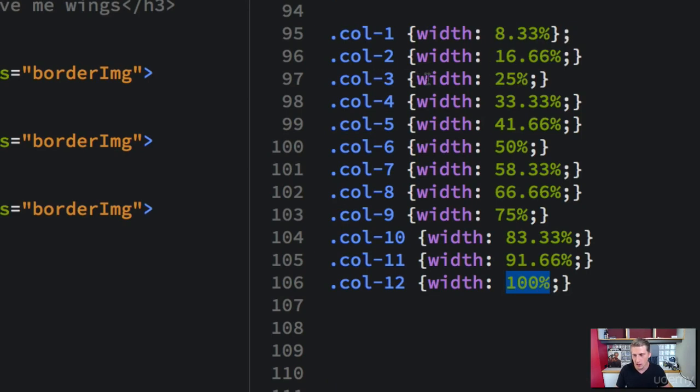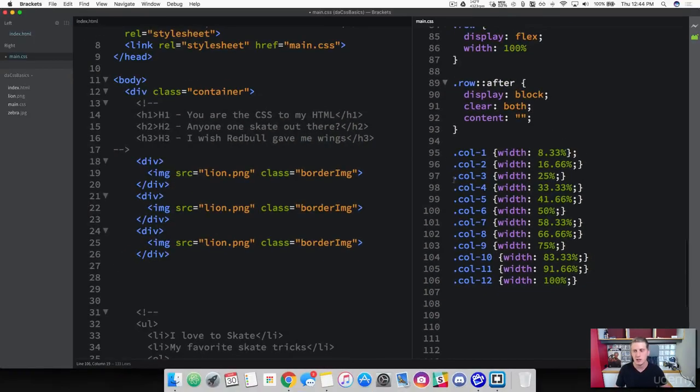And that's where we get some of these funky percentages. But once we get to like a column width of 3, we have an even 25%. A column width of 6 is an even 50%. So that means it's going to take up half of the viewport. And then a column width of 9 is 75%. And then we have our full 100%. So let's go ahead and add a couple more classes, and then we'll really start diving in and working with